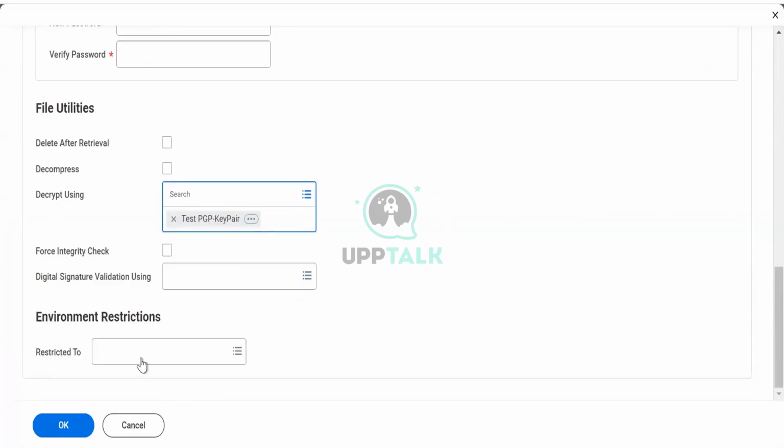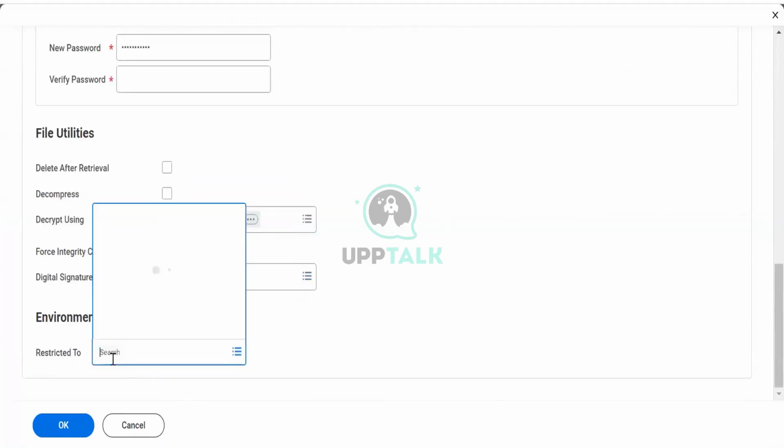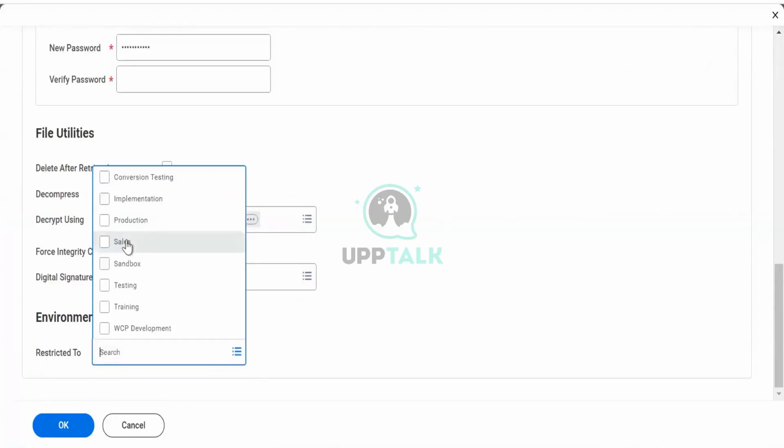Once it's done, we need to restrict when it should work. It will be limited to the sandbox. If it is in the sandbox, then only it should retrieve the file, or else it shouldn't be retrieving the file. And then we can give